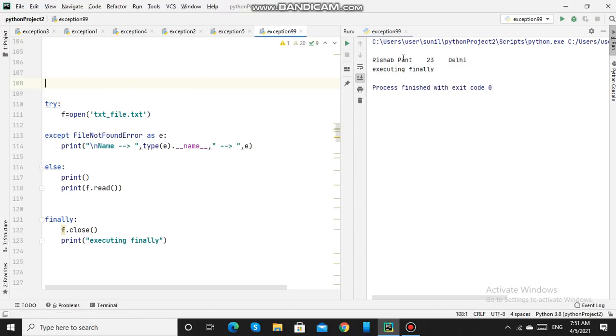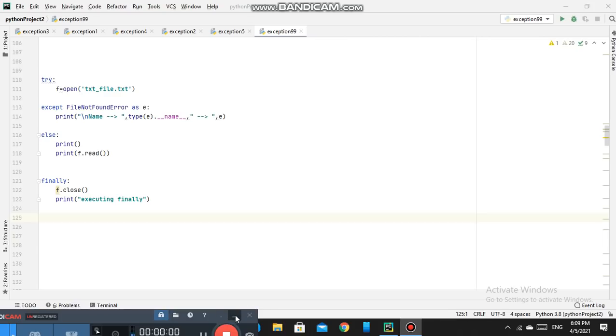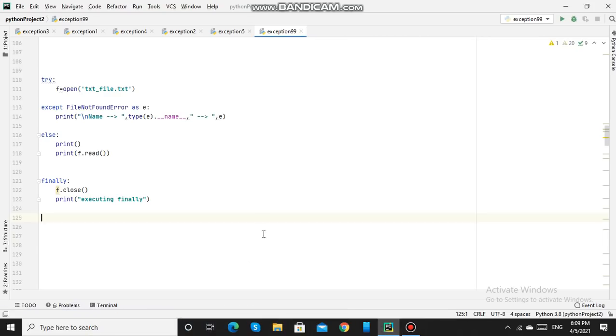So it has displayed the contents in the file, and it has closed the file in this finally block and printed the message. This finally block is useful to close file objects and clean up resources.